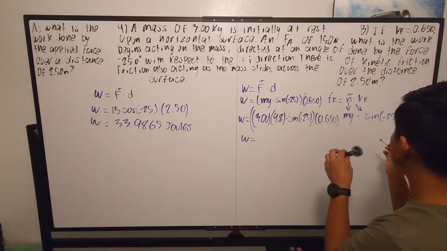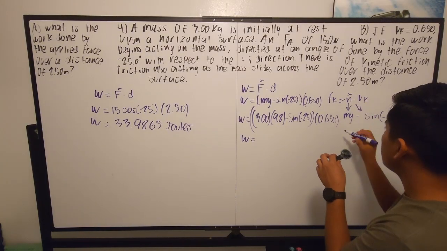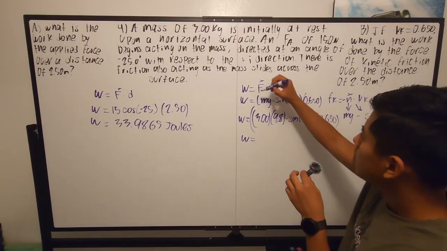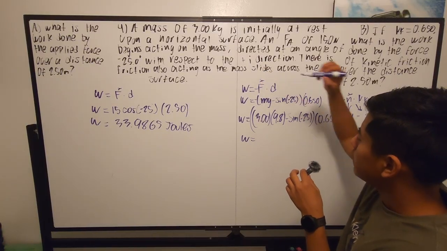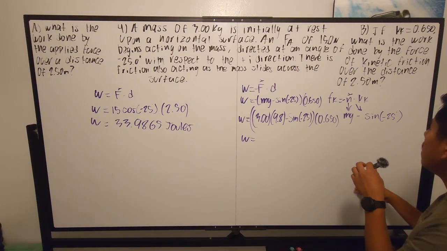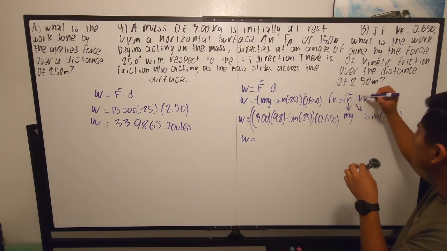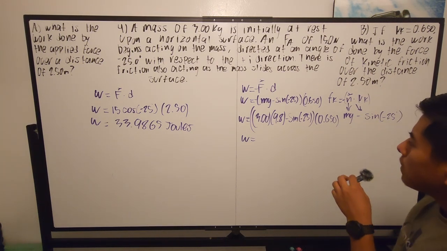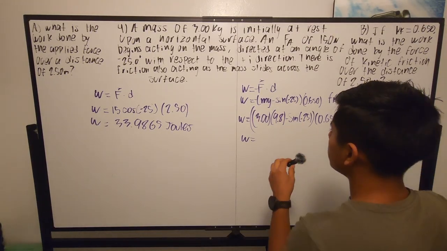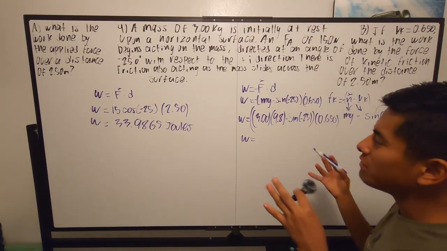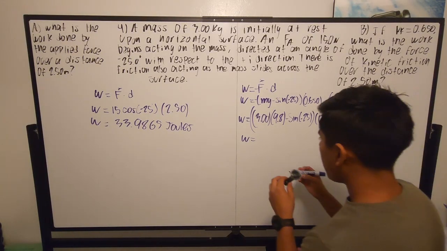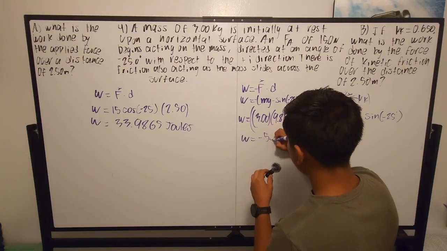So there's going to be a negative right there, and we plugged the negative in because it should have been there in the first place. So now we have that the work is equal to negative